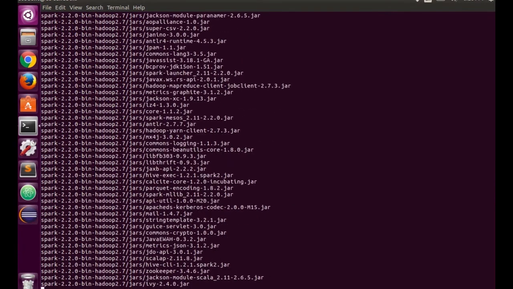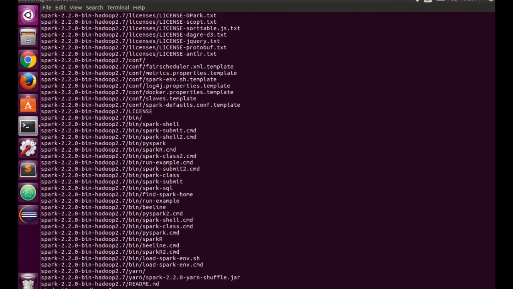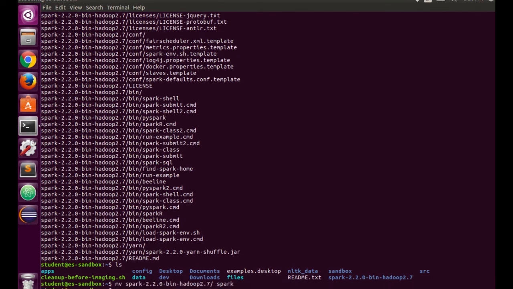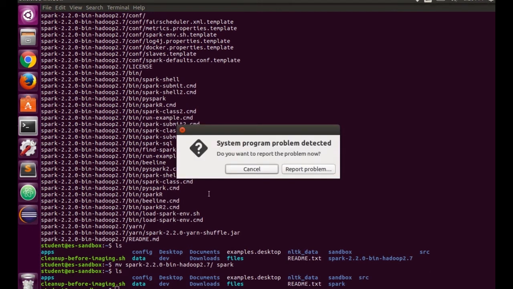There's a Spark 2.2 already in the files directory here on the sandbox. So that's good. I'm also going to just move this to plain old Spark. Good. So now I should have a directory here called Spark.